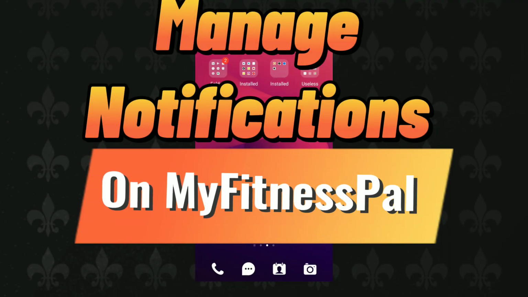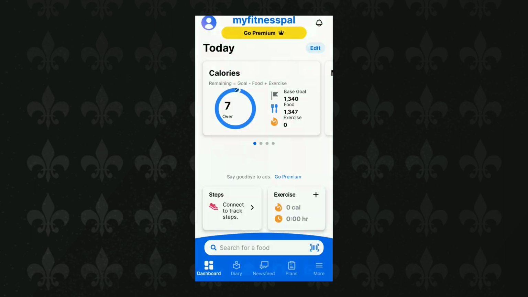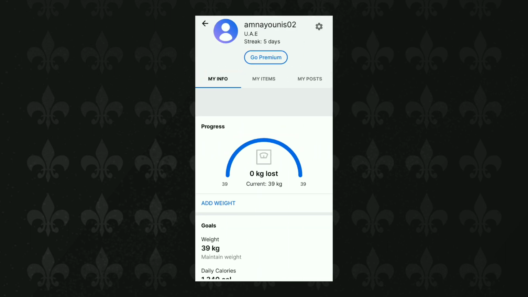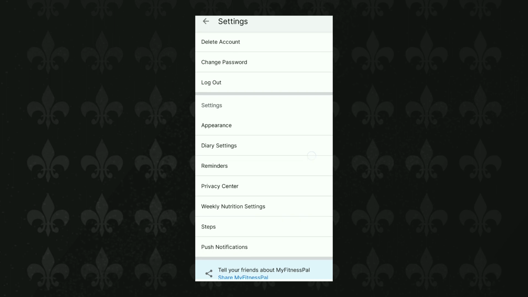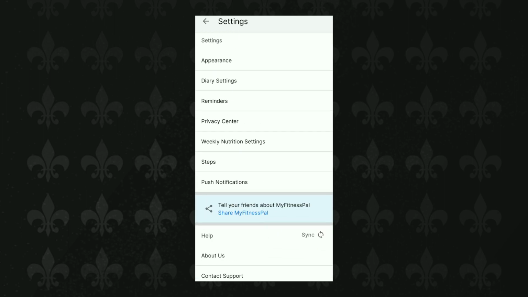To manage notifications on the MyFitnessPal app, firstly open the app and move to the profile. Before this, just make sure to watch the complete video and follow each step carefully to avoid forgetting anything and making mistakes. Click at the right top corner on the circle here, move this bar